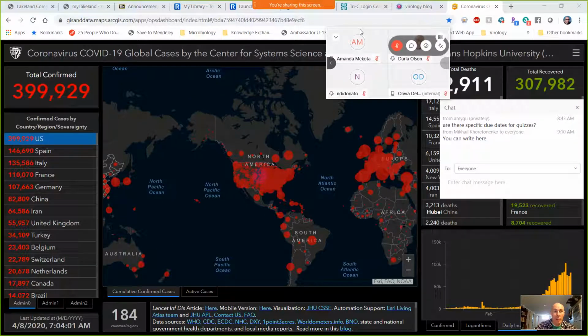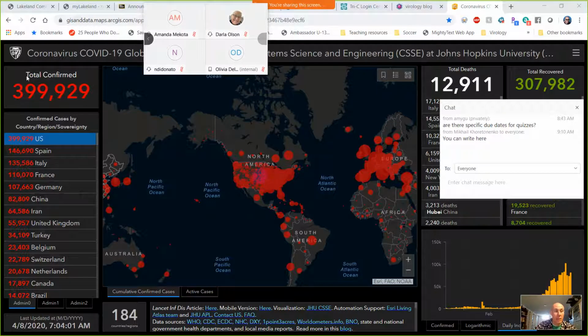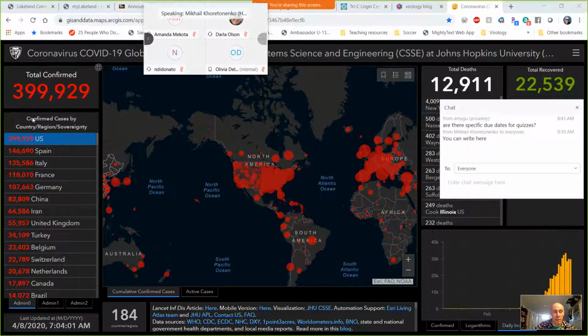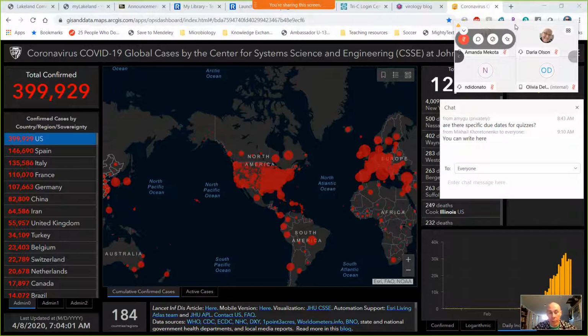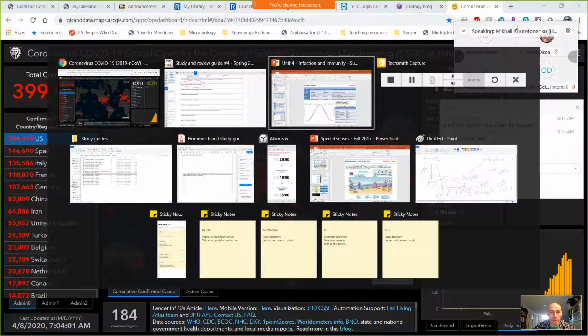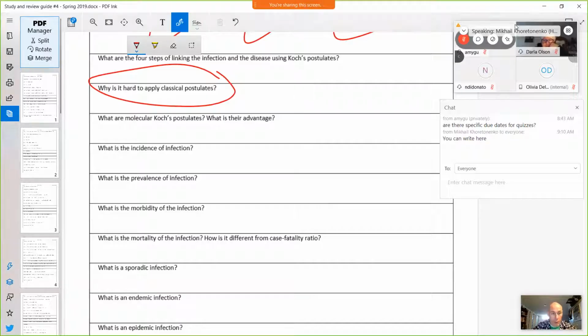You probably can see my screen. So this is the incidence, okay, of coronavirus in the United States. So if we assume that we've got 330 million people, then the incidence of coronavirus is a little bit more than 1 person per 1,000 of population, right? So 0.1%, okay, are affected. We're good, so I hope we're good so far.